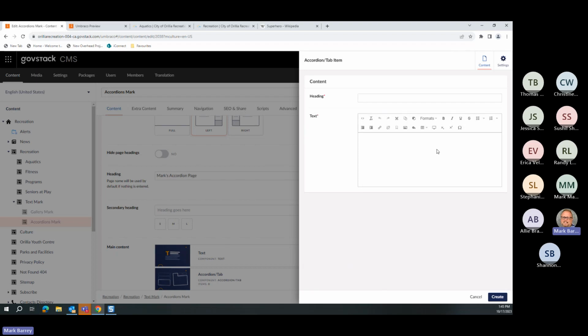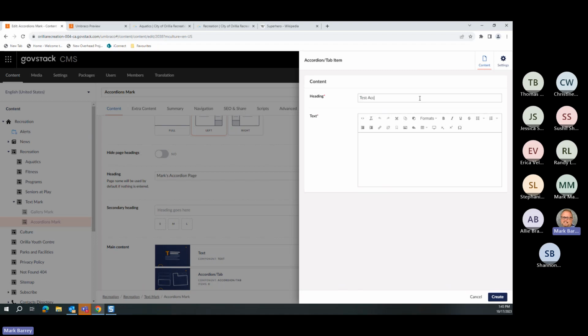Accordions, as you know, are kind of like a filing cabinet. Okay, whenever you walk up to a filing cabinet, each of the drawers has a label on the outside telling you what the content of that drawer is. And it's only once you pull the drawer open that you can see the content. Well, the same thing's happening here. I am writing something that would be on the outside of the accordion door. So at the heading I might have,